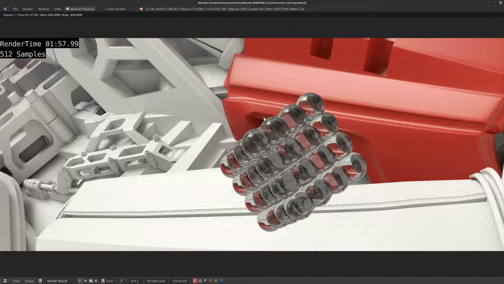Now I've got a very basic scene. I've got a red, sort of plasticky material here. I've got a white glossy material here, and I've got some glass spheres here. Now this is not the best scene to show you how to eliminate noise or fireflies, but that's not really what this is about. It's more about some of the effects that the tools that you use to do so have on the visual